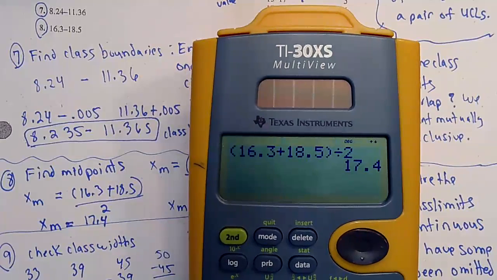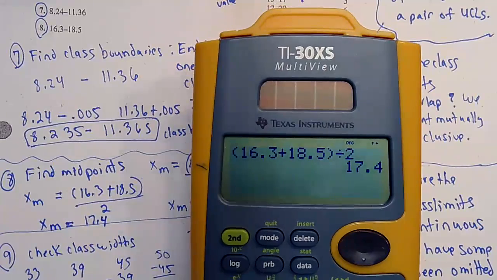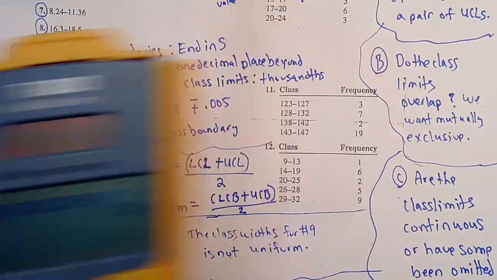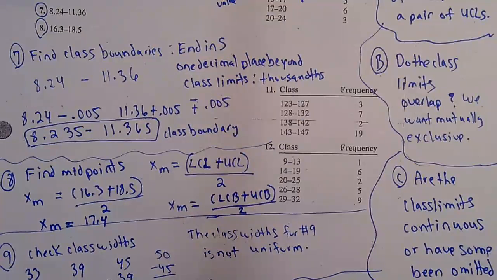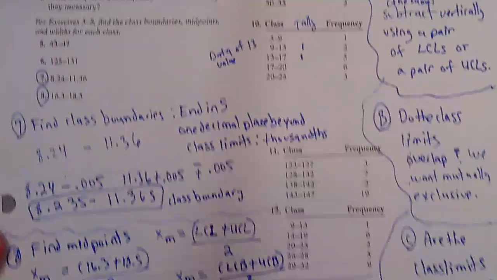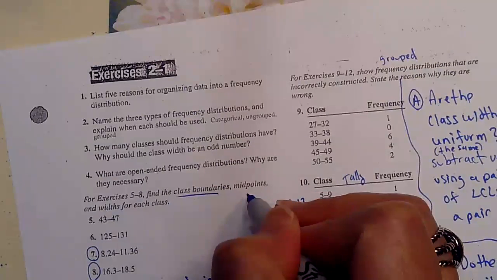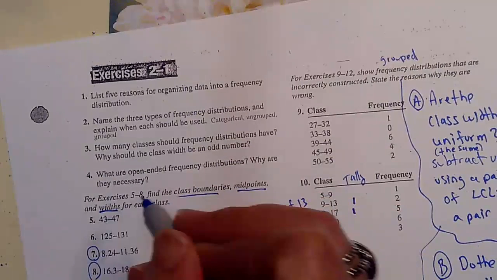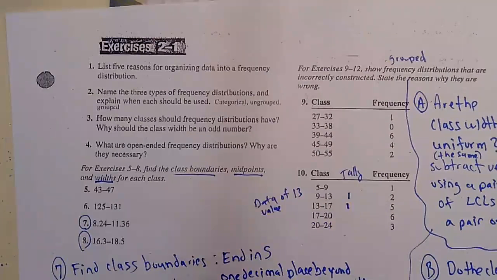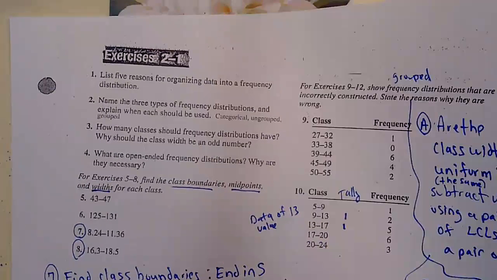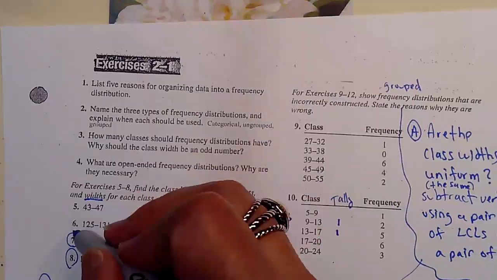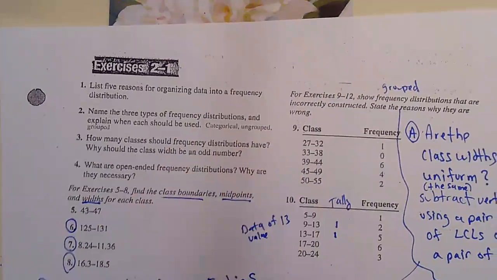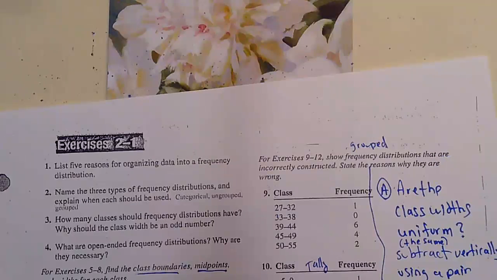All right. So now let me show you, I almost got my paper full here, but I need to show you the widths, how to find the widths. I already showed you an example for a class boundary, and I already showed you midpoint. Now I have to show you something for the width. I guess I'll do 6 first. So if I'm going to find the width for 6,